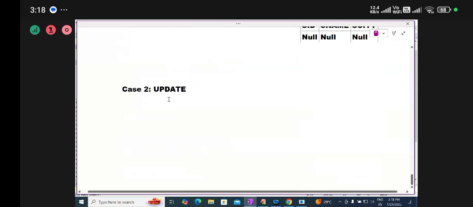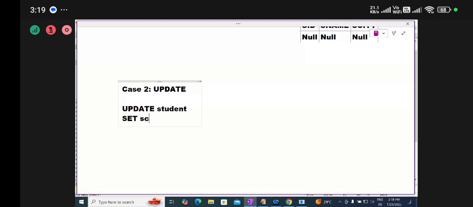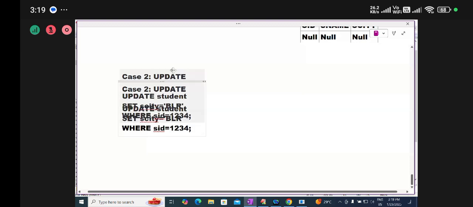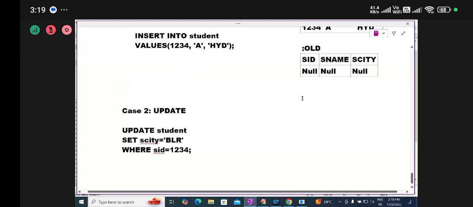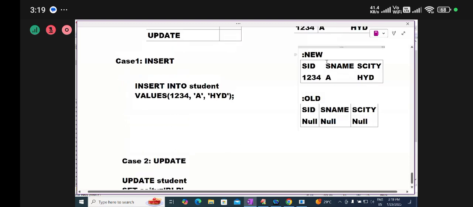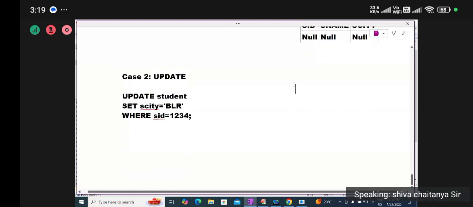So to modify this, I am submitting an update command like this. Update in which table? Student table. Set which value? City, new value Bangalore. Where? Student ID equals 1234. This update command I am submitting. So here, two variables, new and old, are there. In case of update,